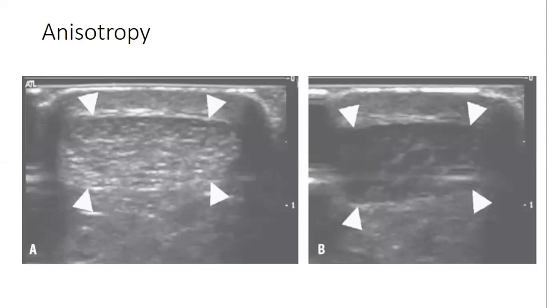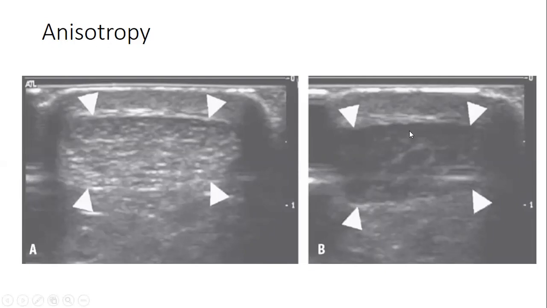So we remember this artifact, anisotropy, which is a result of scanning at an angle which is not perpendicular to the tendon. So on image A, you see that within those arrowheads, that's our tendon, a transverse image. That's nicely hyperechoic, and you can see the fibers nicely. It's almost homogeneous. When you go to image B,